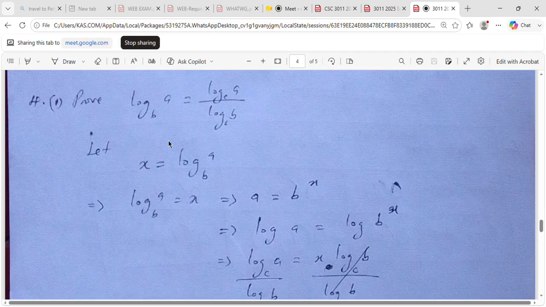Then you convert this log to exponentials. That's very important, and this is what we are saying. The base crosses the equal sign and lifts that x there. So b to the power x. The moment we do that,